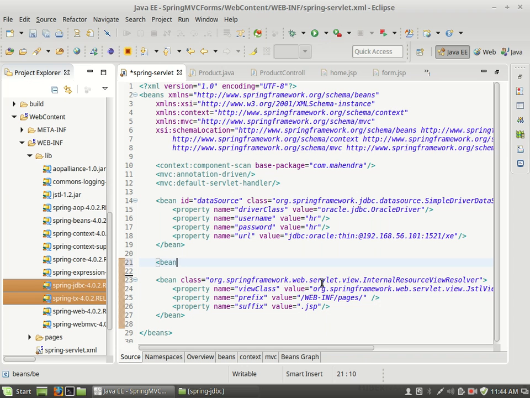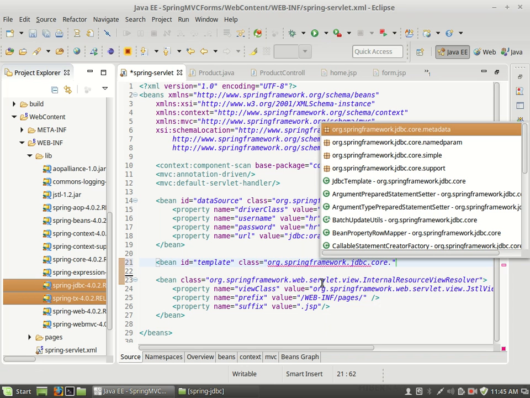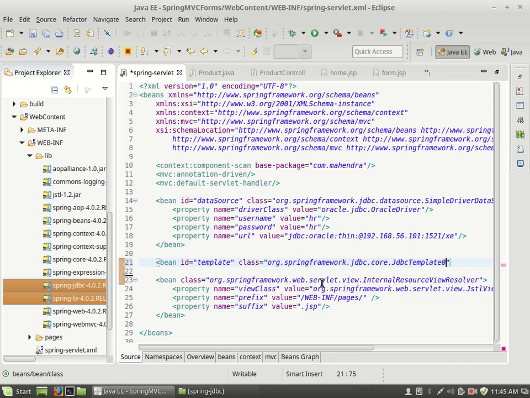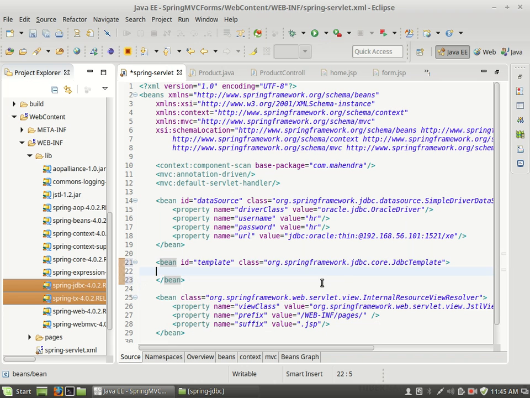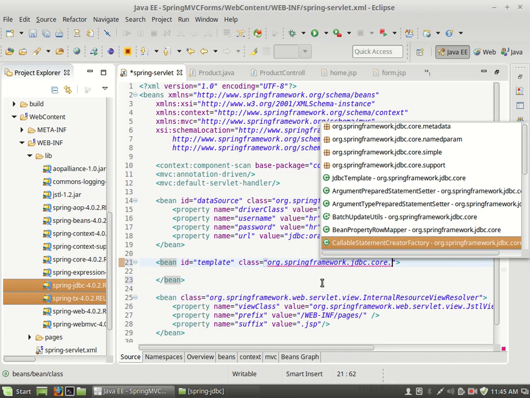Now let's create another bean. This is going to be our JDBC template, which we will inject in our DAO class later. So for template, it's org.springframework.jdbc template. Yes, I guess JDBC template is further inherited by a few classes. Let's see if there are any inherited classes of JDBC template in the core package. This is JDBC template, and